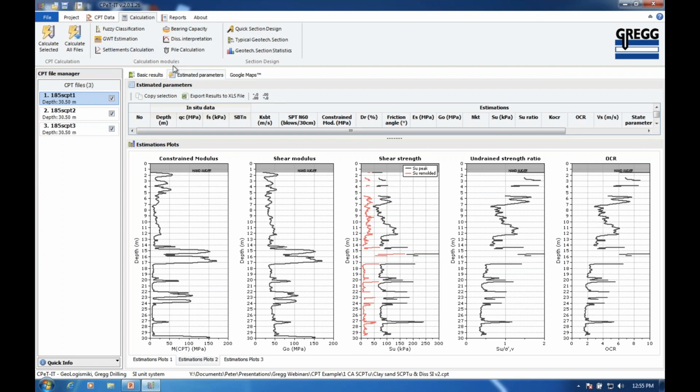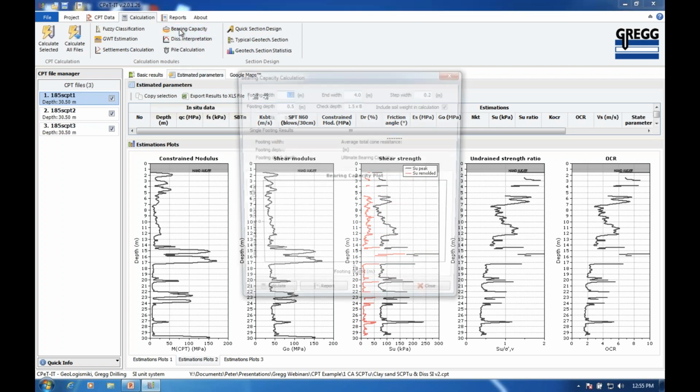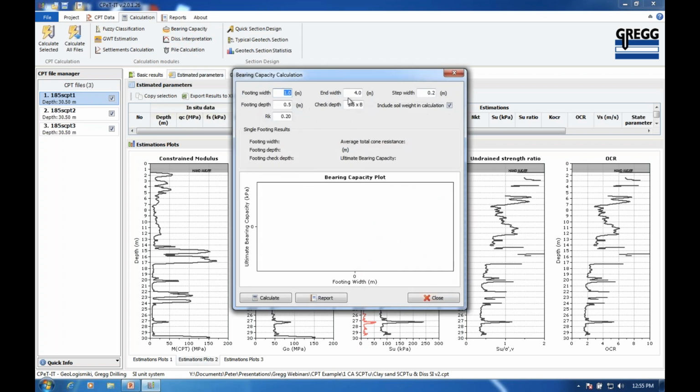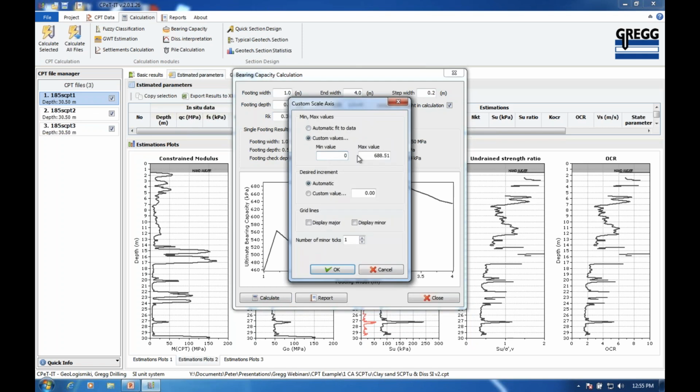There are some interesting design features that the program has. One of them is you can estimate bearing capacity. So you just put in the range of footing width. Here it's defaulted to 1 to 4 meters in steps of 0.2, and it's going to calculate it over 1.5 times the width of the footing. It's using the average value of 0.2. Since it's mostly clay, I could go with the clay value of 0.3, and it'll calculate, and if I just adjust the scale,